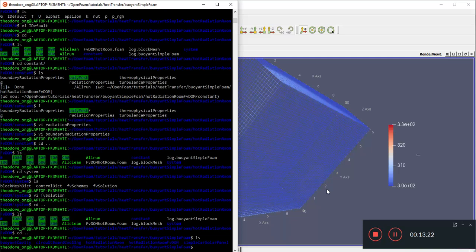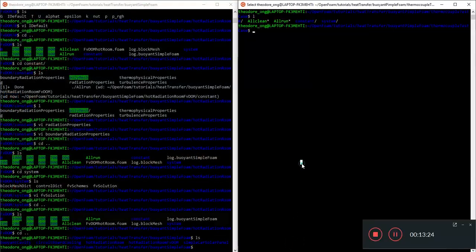Next thing we want to look at probably is buoyantPimpleFoam. So I'm going to stop here. This is probably the last time I want to be talking about buoyantSimpleFoam because we've talked enough about steady state already. We want to look into non-steady state problems and see whether we can tweak a few tutorial files from there, or even make our own tutorial files where we can have a varying temperature boundary condition, because this again is a very interesting thing to explore,